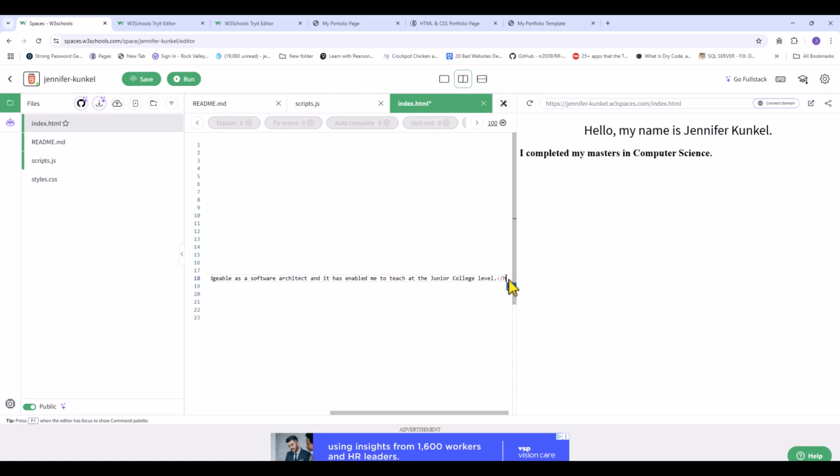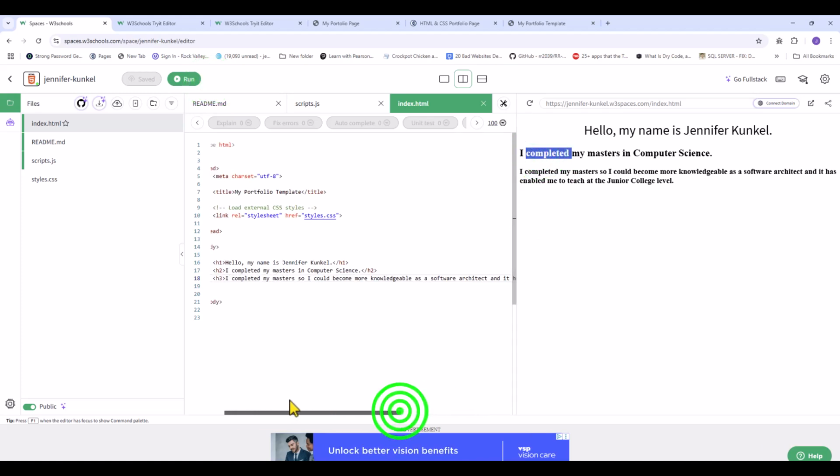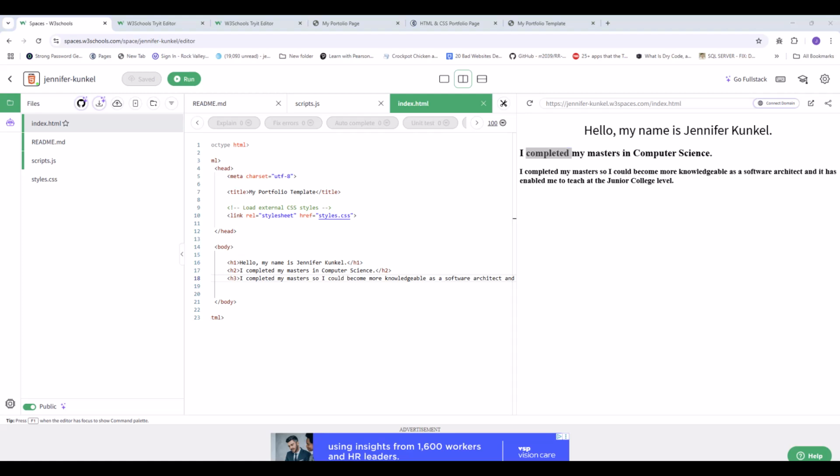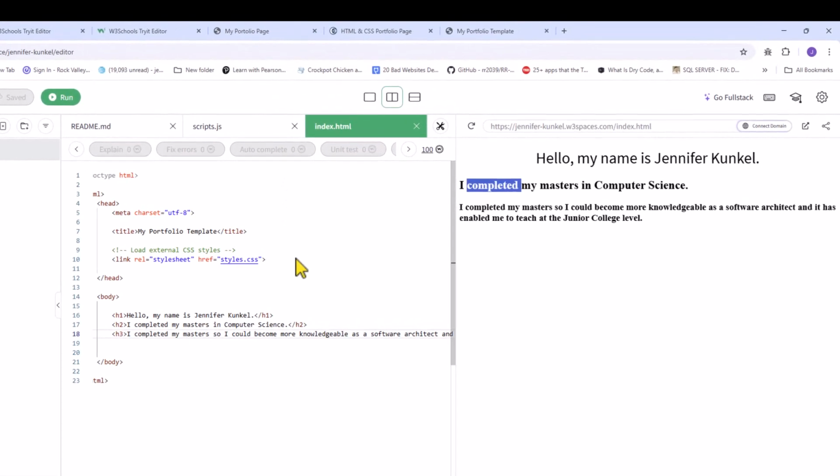Now I'm going to make sure that I put that ending tag in, even if my text seems a little long here. I'm going to save this and run it, and I should see that this is a little bit smaller than this. And I can come back in at this point and look at it over here, and I can see that I have all of my text there.